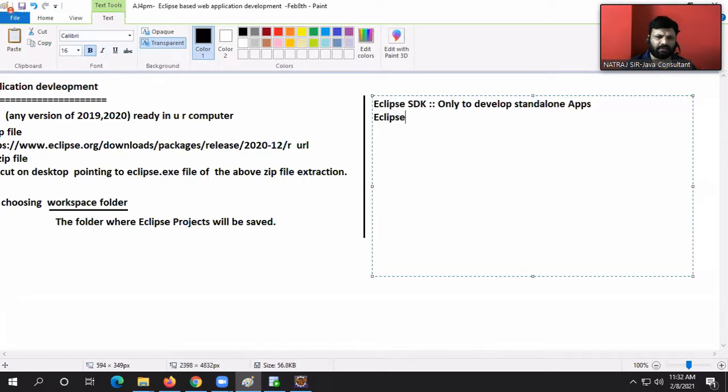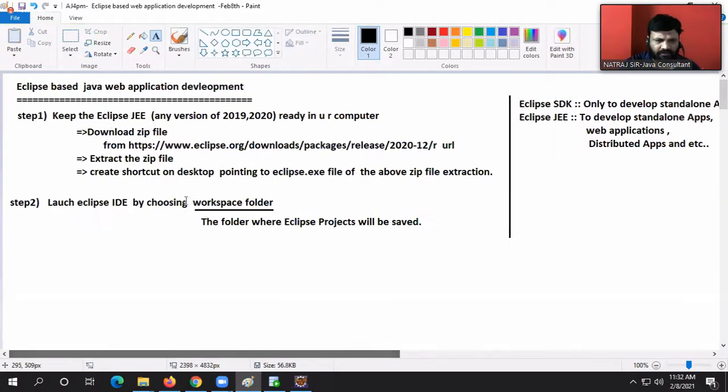Eclipse JWE is to develop standalone applications, web applications, distributed applications, and etc. Okay, Eclipse JWE is very powerful, guys.